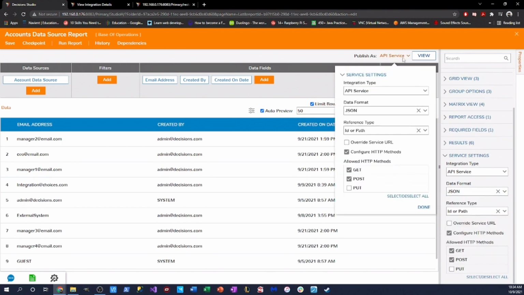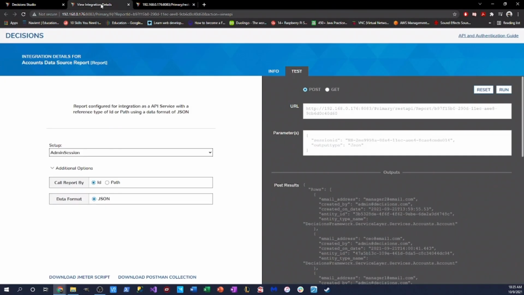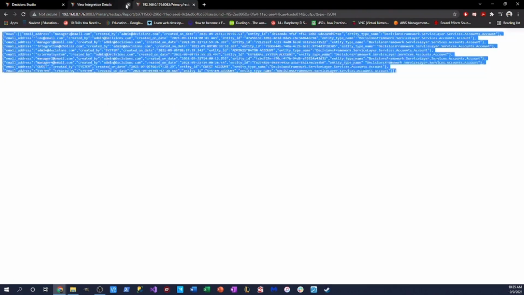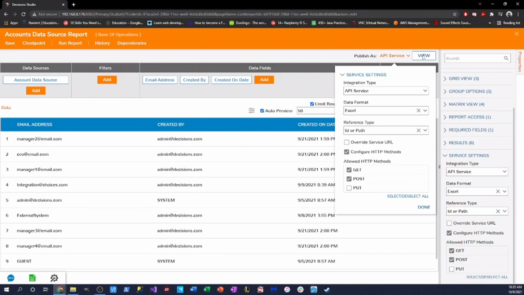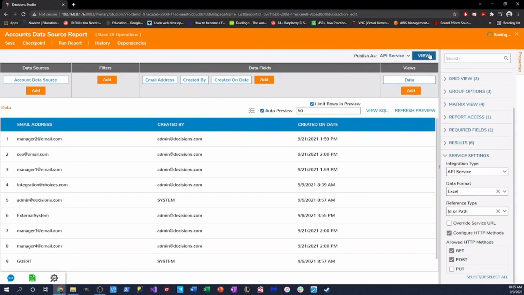But what you can also do is, in the API service settings, tell it to output an Excel or a PDF file. This way, when you run it, it will download that file. So I'm going to change that. I'm going to hit view,